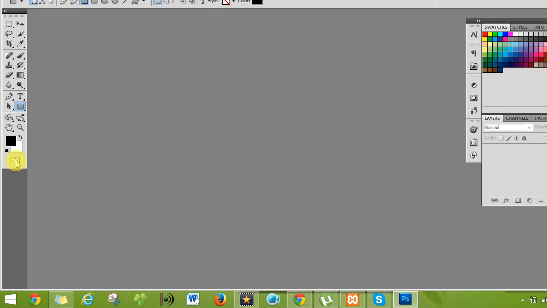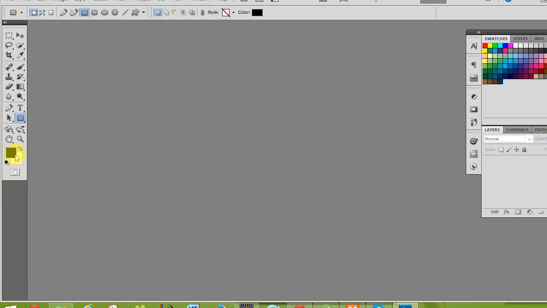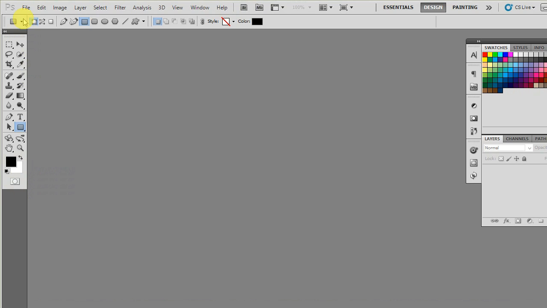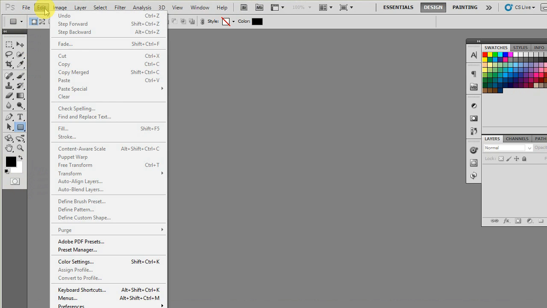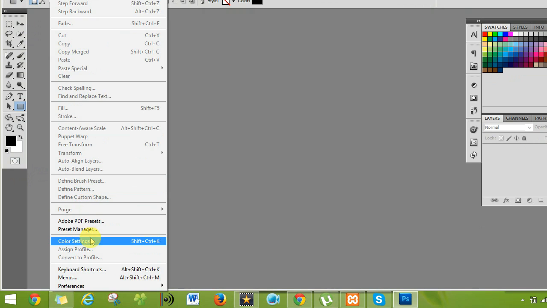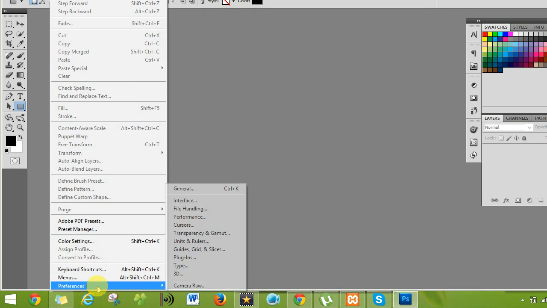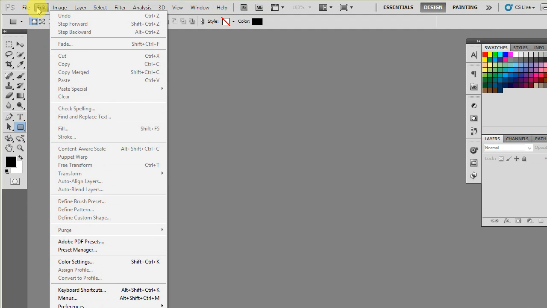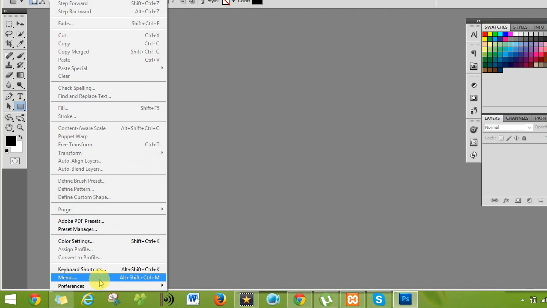This is for masking. It works now, but at that time it was disabled. If you import an image and check it, it is going to work. Next is preferences. What do preferences do? The preferences are a main important thing. You can find the preferences by clicking Edit. In the preferences I am going to show you these also.